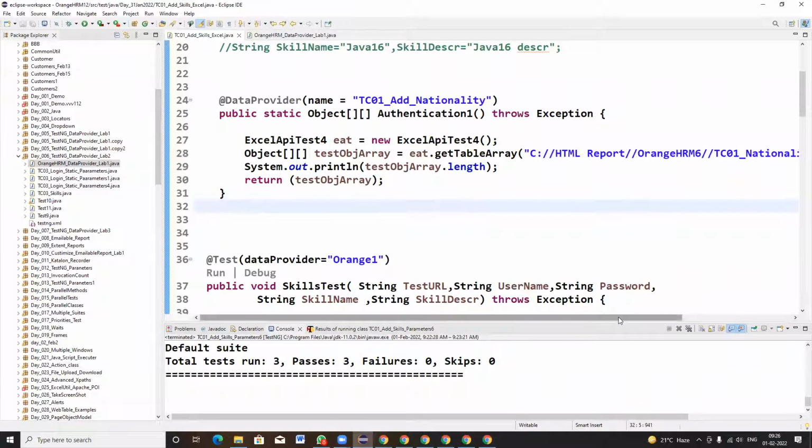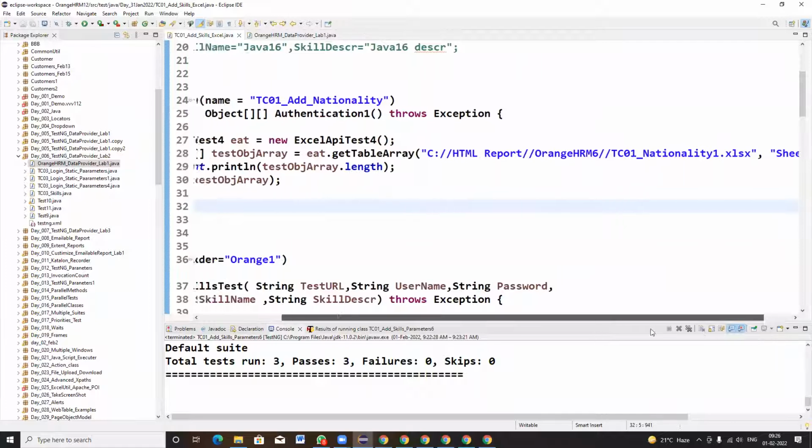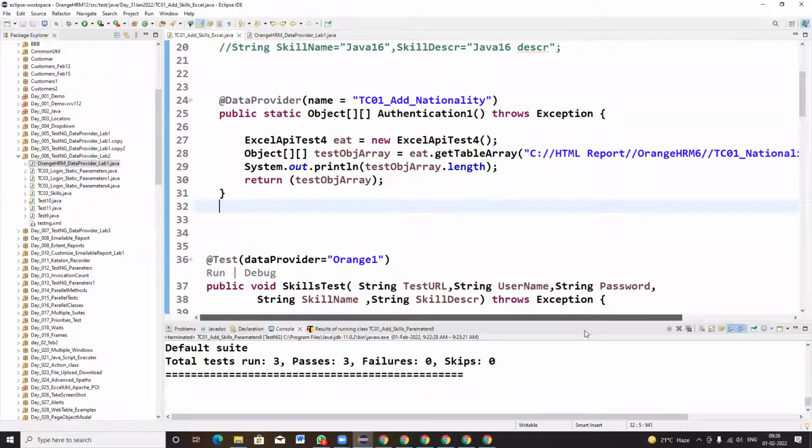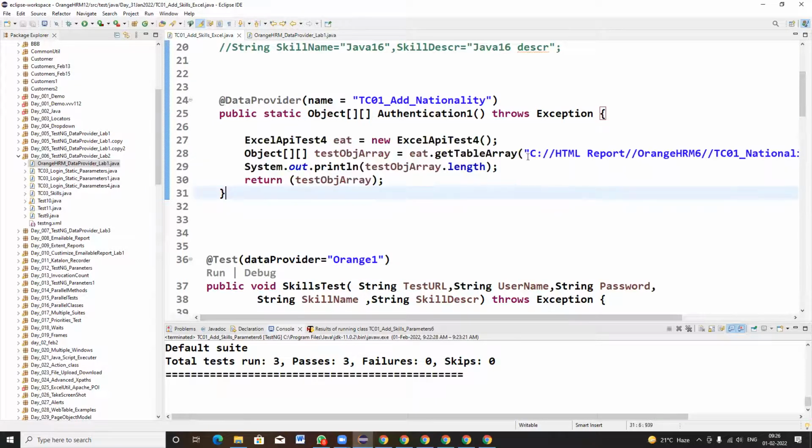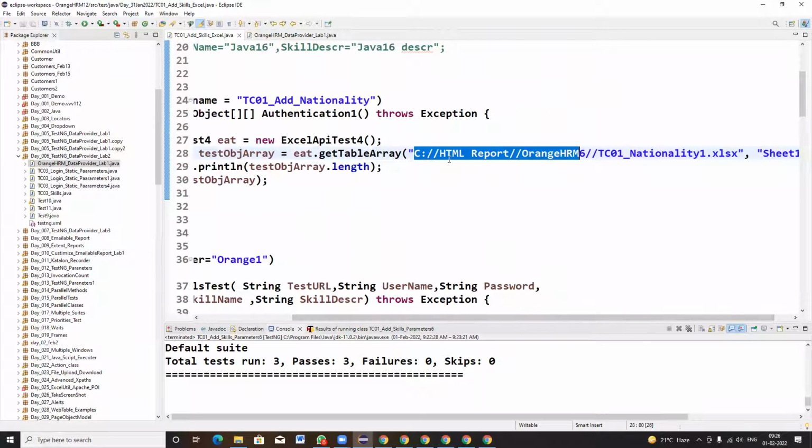Here, in the double quotations, I specified where I am fetching the input data. In C drive, I have a folder named HTML report folder, which contains the Orange HRM6 folder. There it contains TC01 nationality1.xlsx.